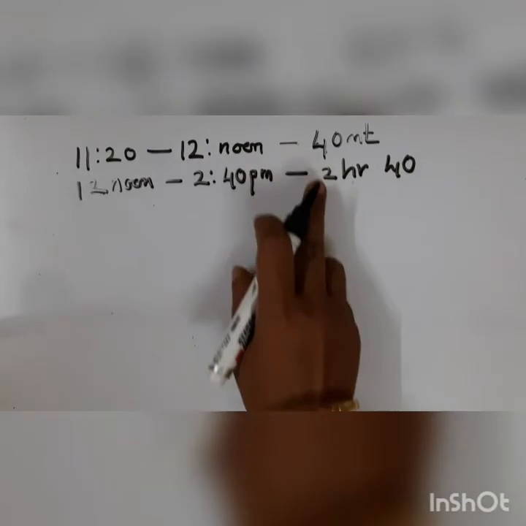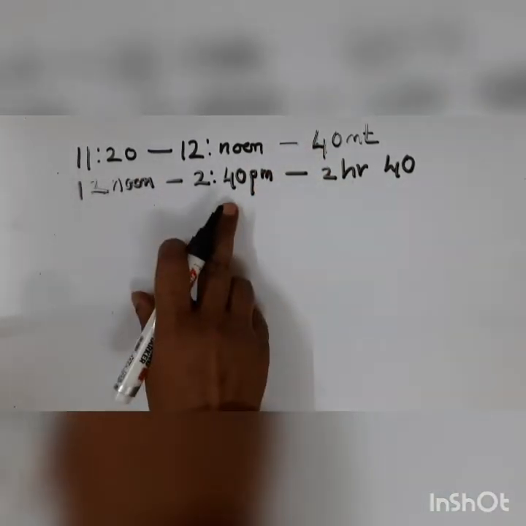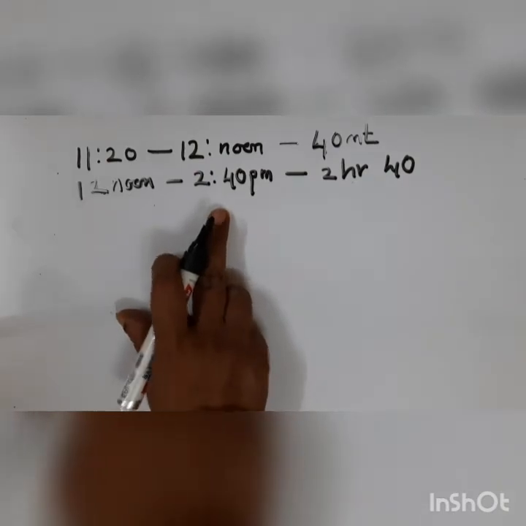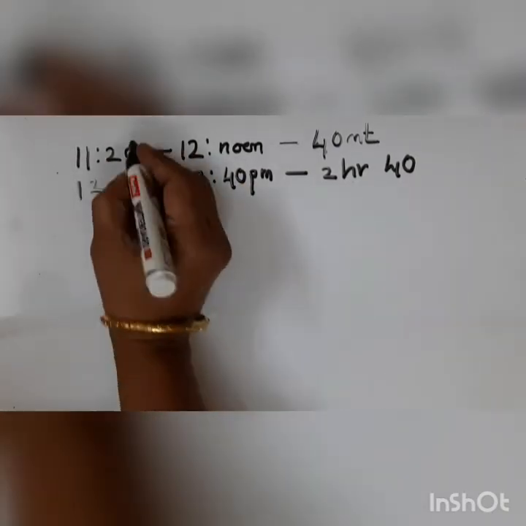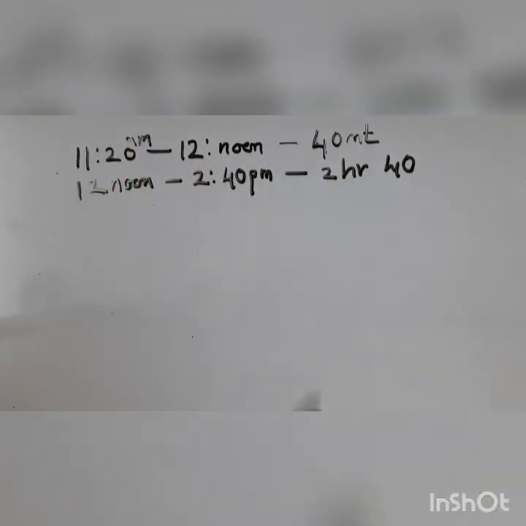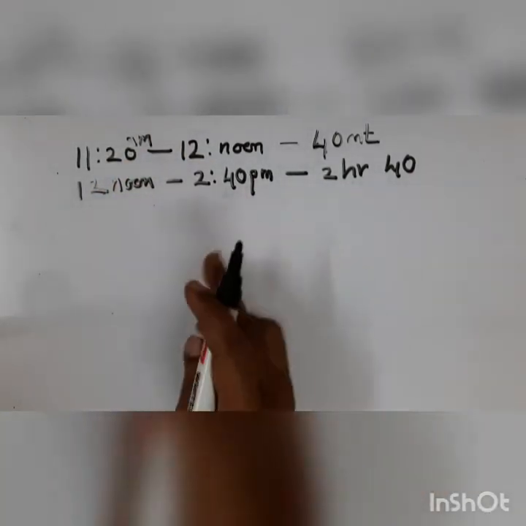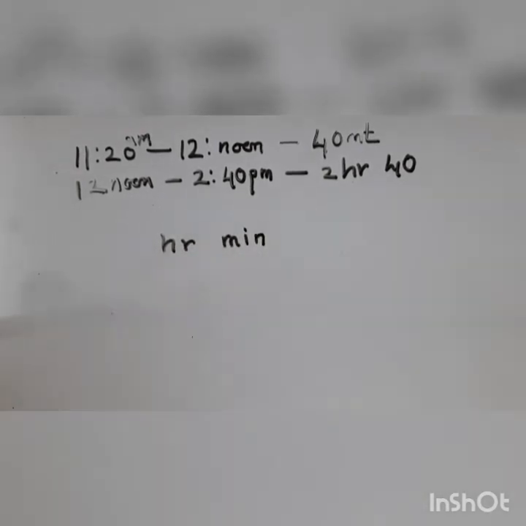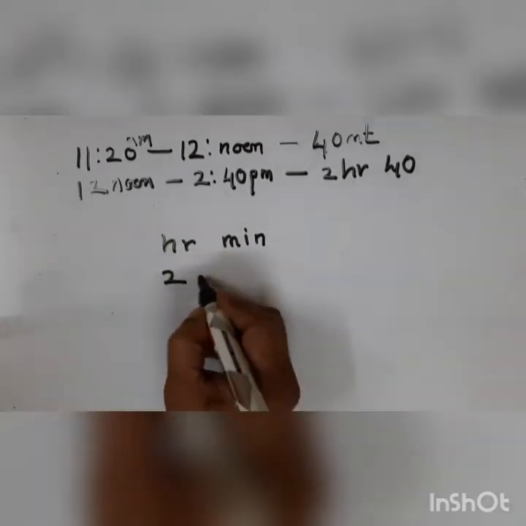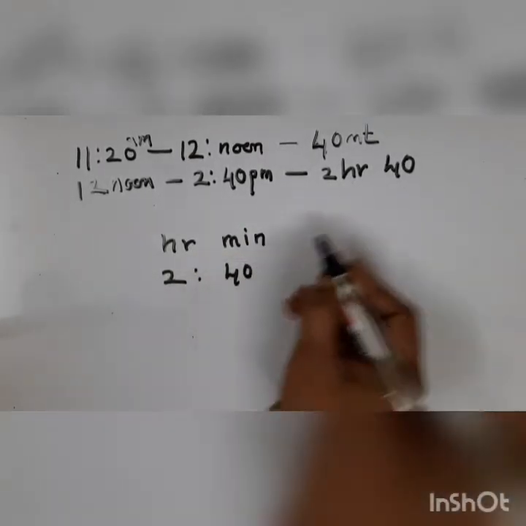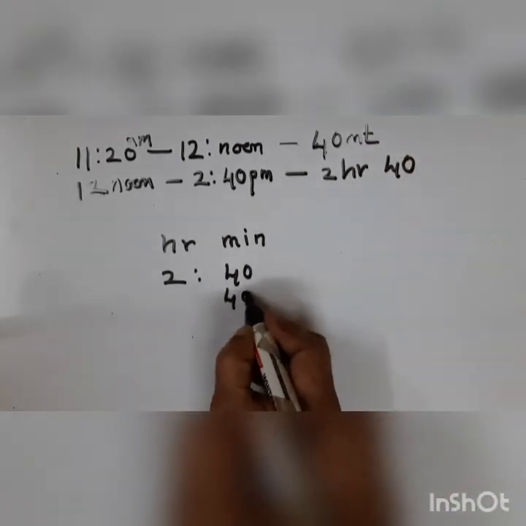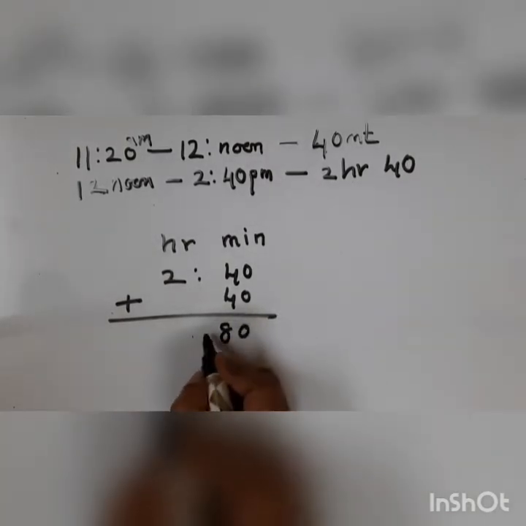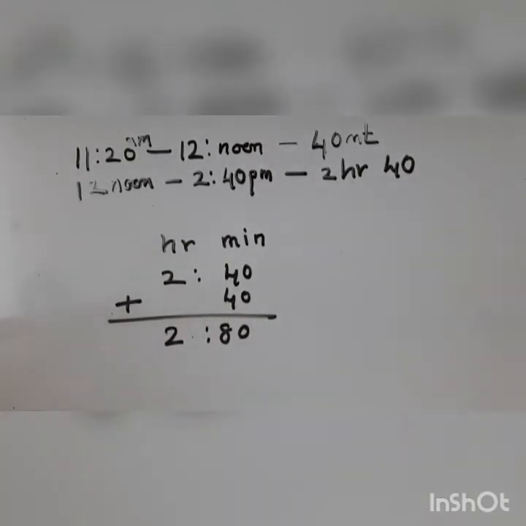Right? Now children, I have to add both these two, because from 11 to 2:40. Okay, we split this. Why did we split this, children? Because I told you 24-hour clock. See, it's 12 noon, AM and PM. This was your AM and this was your PM. Okay, so that's the reason why we split. So now you add, children, hours and minutes. Okay, 2 hours 40 minutes, this and this, and now you add 40. So this will be 80 and this will be 2. So it is 2 hours 80 minutes.